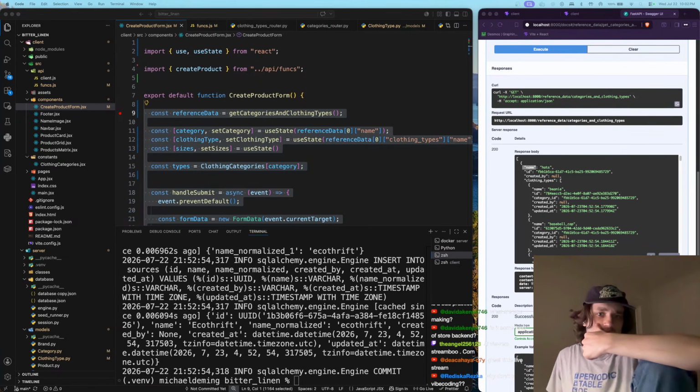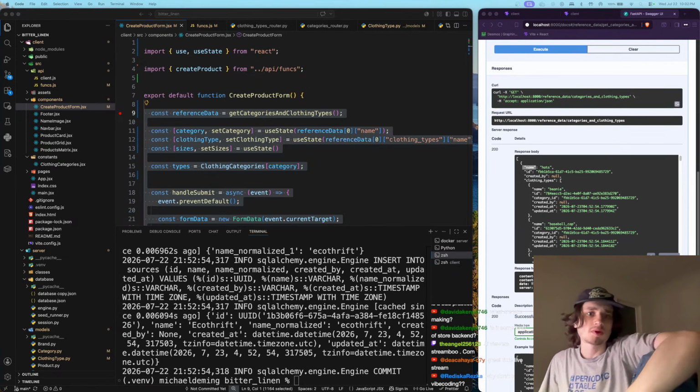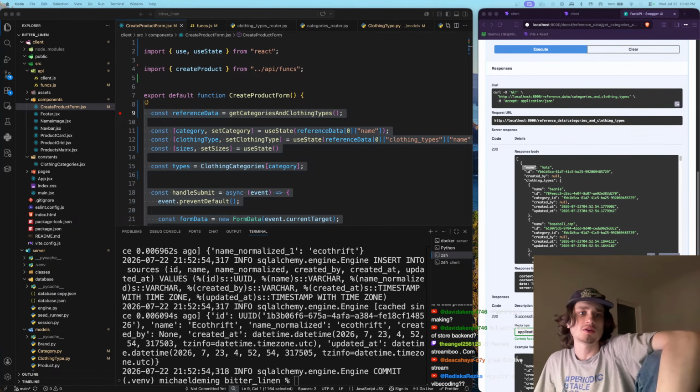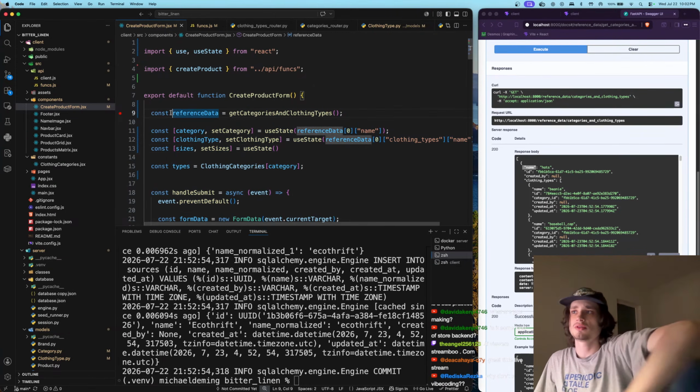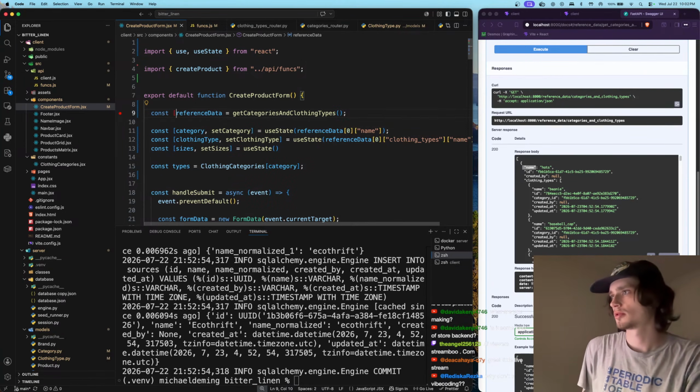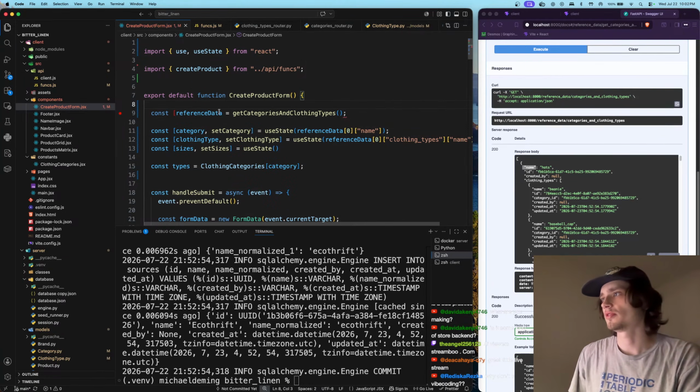Reference data is this, category is the category's name. Reference data is probably a promise, not your array. The flow is component renders, call API, wait for response, set state, render, re-render with data. A more typical pattern would be to have const reference data and then set reference data,